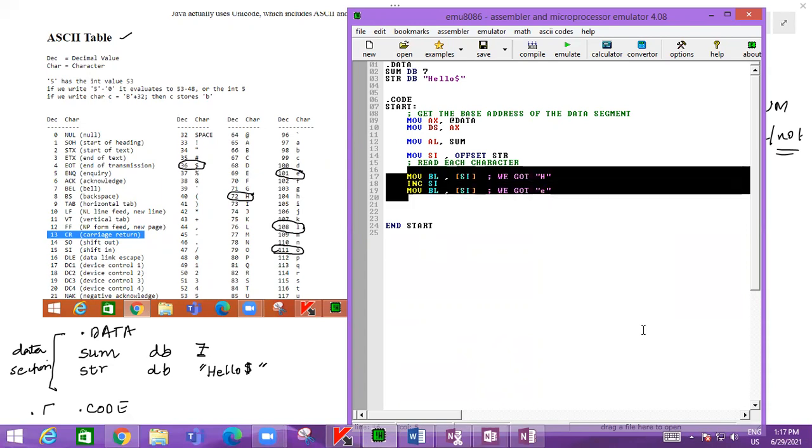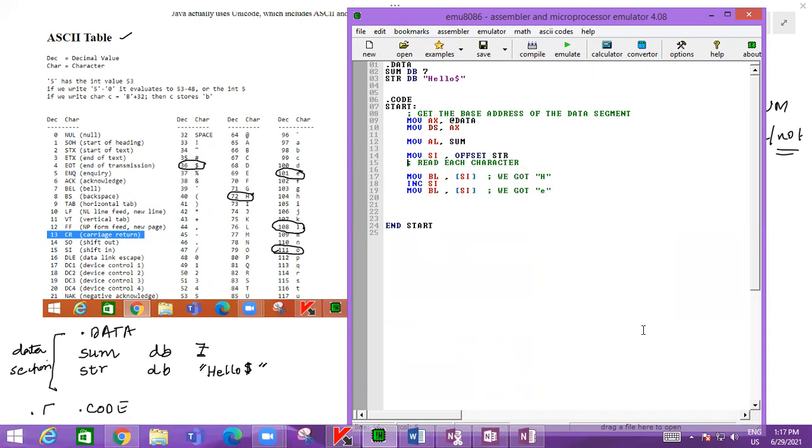So this should continue until we see if it is a dollar symbol. Okay, so we'll repeat this like this.